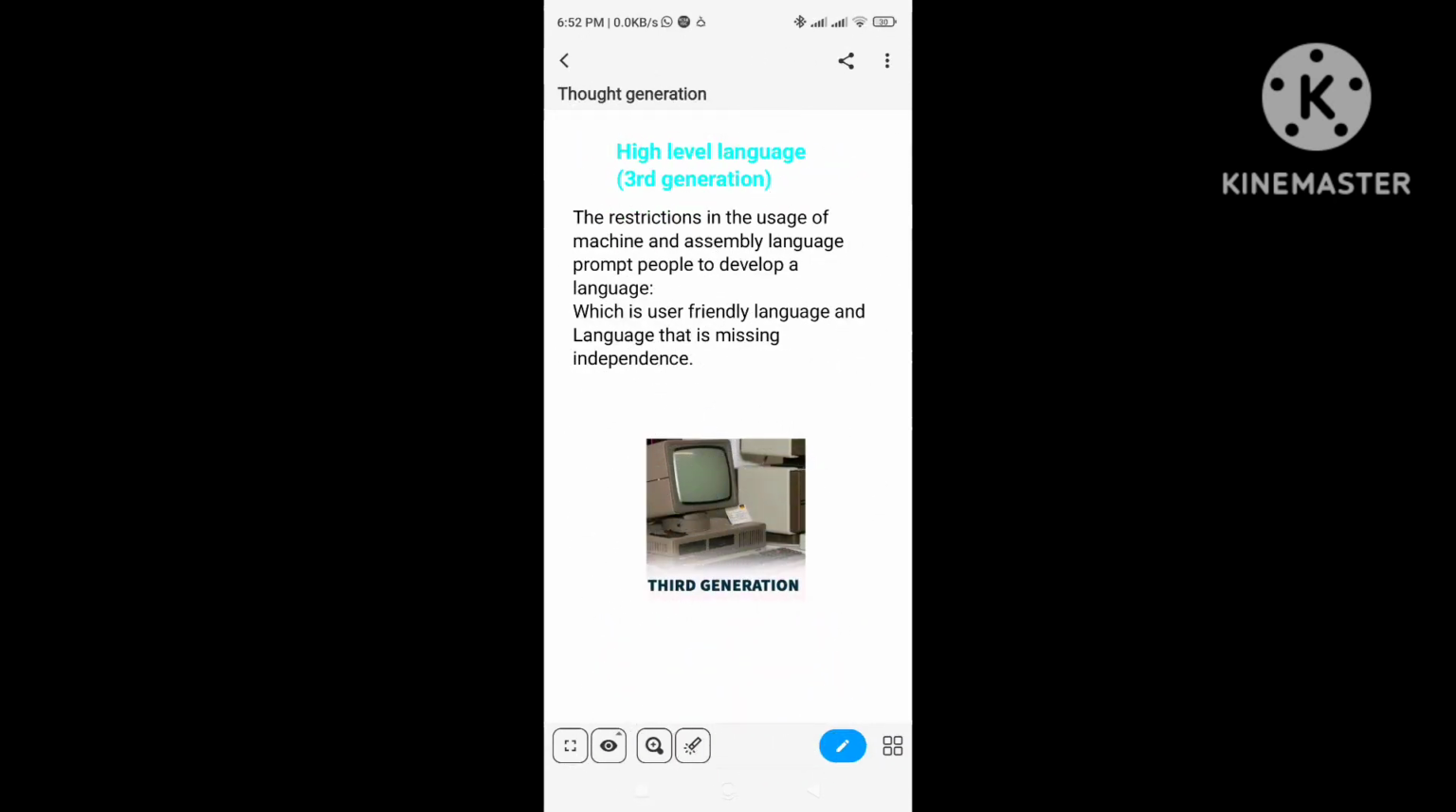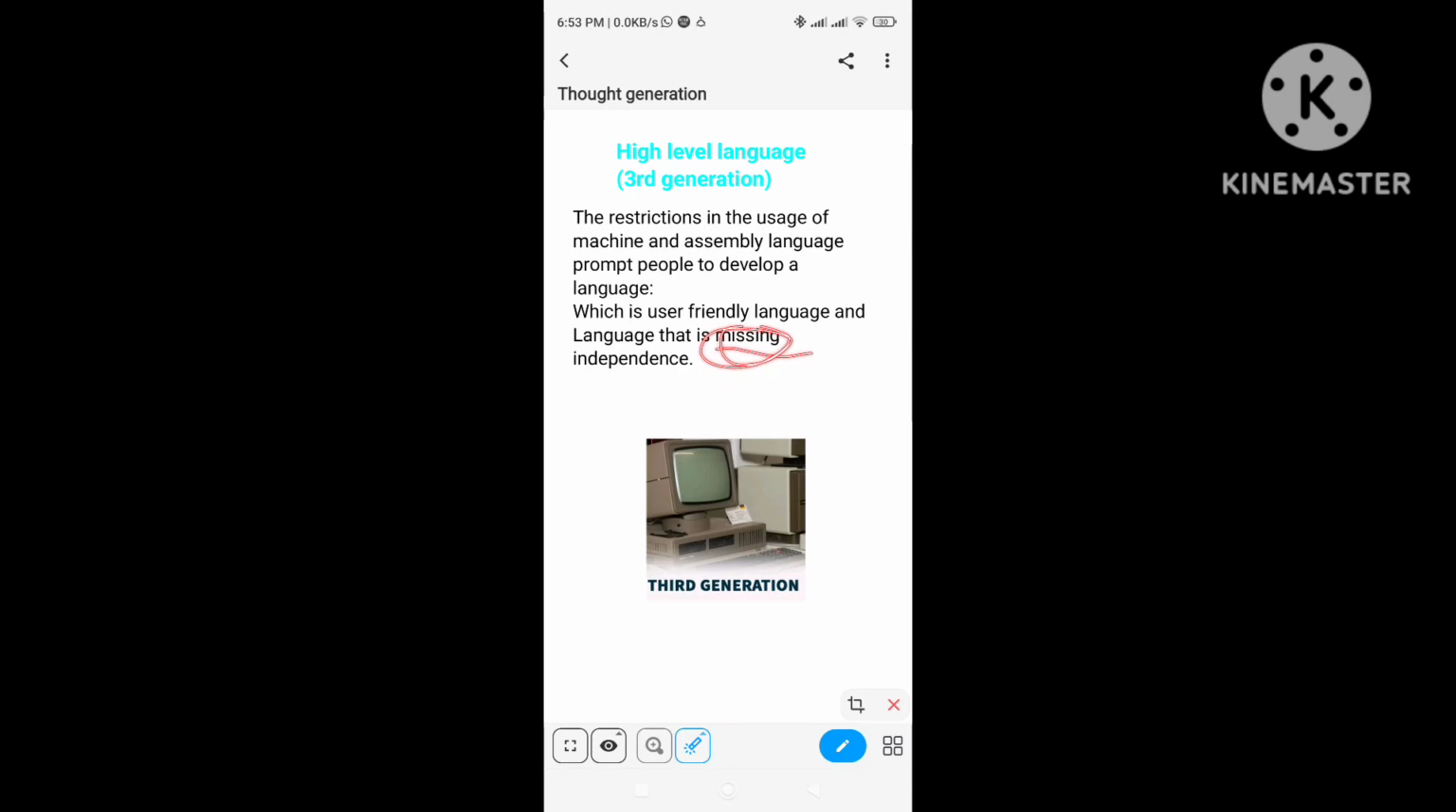Now we shall study high level language, or third generation. After the development of machine language and assembly language, many people started looking for a language that is easier for humans to understand. It should have the following characteristics: a user friendly language and